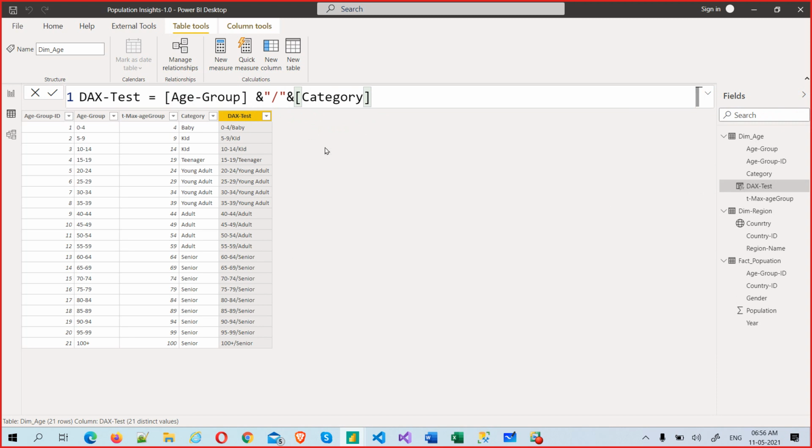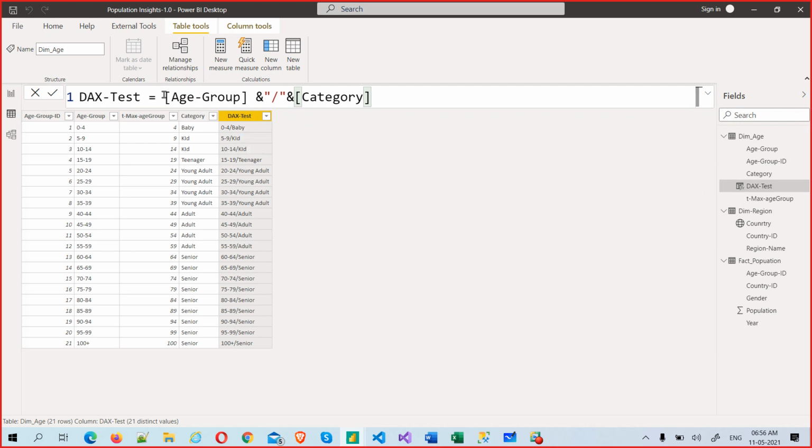Delimited, right? So there are multiple ways we can create it. DAX means the new column which we are creating; this data model means you need to use DAX. So that's how it is. But yes, without DAX also you can create this. This is one example, and there is not much difference between that DAX and this DAX.